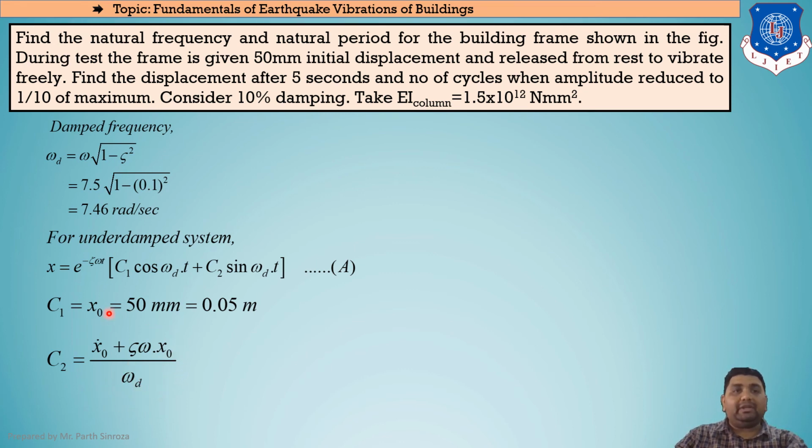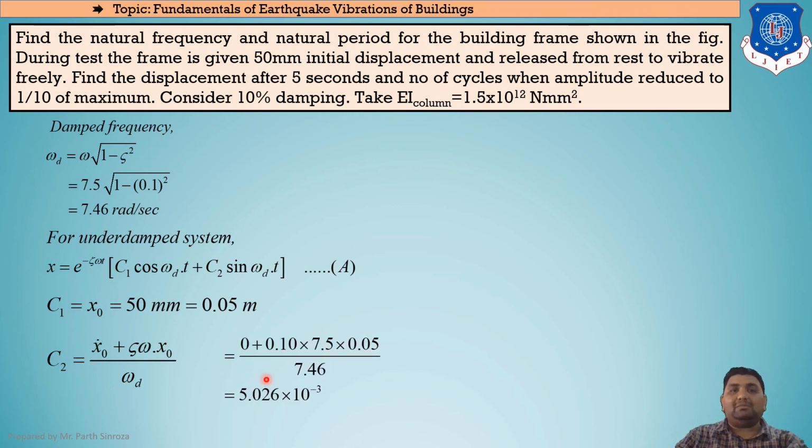If you are not knowing it, then we will be doing a derivative of this equation, that is we will be finding x dot, or you can say dx by dt. So taking the derivative of this, we will be getting the answer for our C2. Clear? Either you can write it by this direct equation if you know it. If you do not know this direct equation, then you can use the derivative of this equation and we can find the value of our C2.